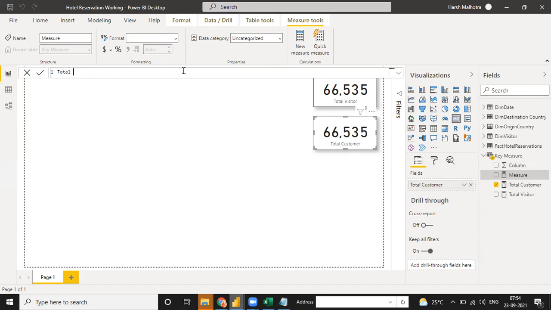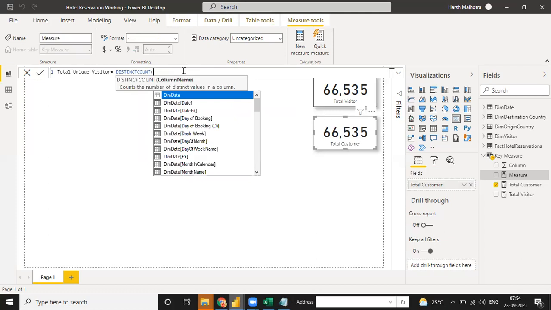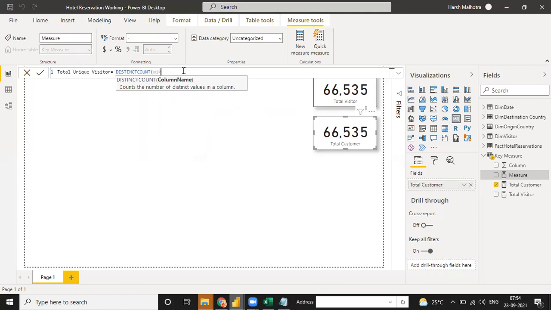So right now I write it as total visitor unique. For total unique visitor, you have to put a new function, distinct count, and here you can use as column name visitor ID and click on this.